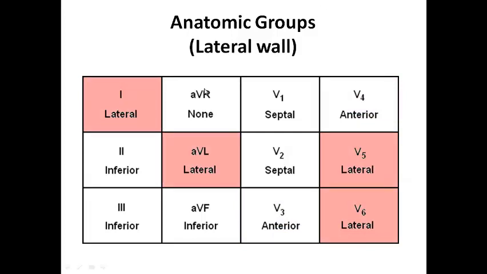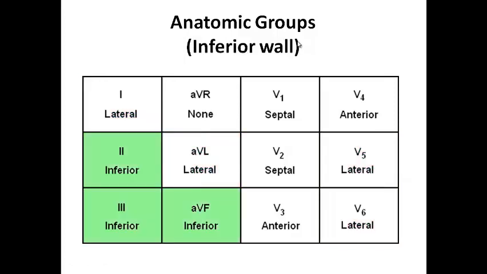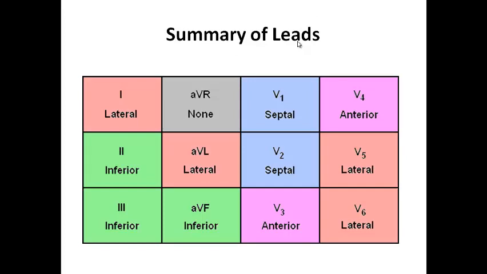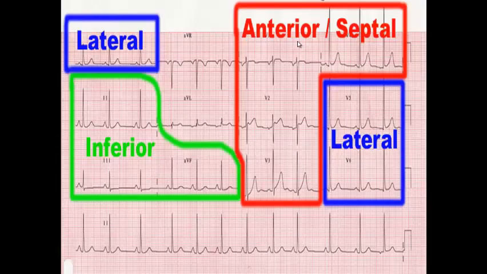Moreover, lead 1 and lead aVL, which are part of the limb leads, are also seeing the lateral wall of the heart. So we call these four leads the lateral leads. And of course, we know that 2, 3, and aVF are the inferior leads because they are seeing much more the inferior wall of the heart. So this is a summary of how each lead is seeing the heart. Of course, this will be of great importance for us in identifying myocardial ischemia and trying to localize where the myocardial ischemia is. So if we want to put this on the ECG paper, it will be like this,